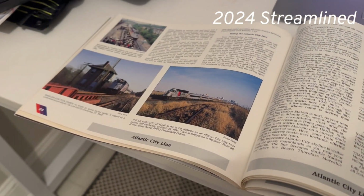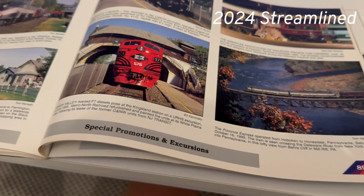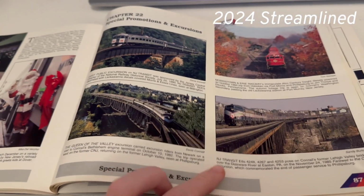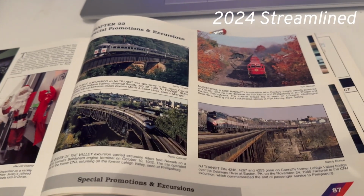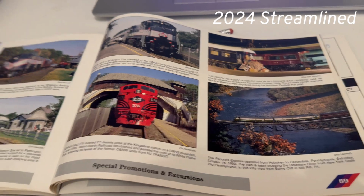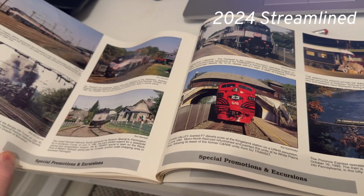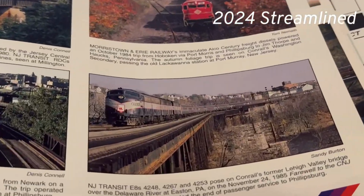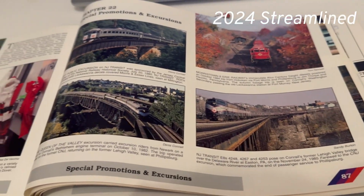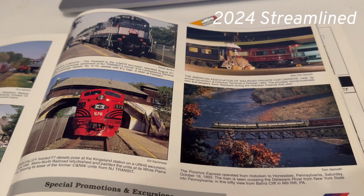It's got a bunch of history on every line here, and for the case of this video, this was very helpful. This is the special promotions and excursions page. As you can see, all of the excursions in this video, with the exception of the 40-year anniversary, came from this book here. So as you can see, here they all are. Some interesting things I did not mention in the video, like the fact that the CNJ excursion had this little CNJ decal. All of these are really cool, and I recommend that if you find this book, you should definitely pick it up. It is very hard to come by, so